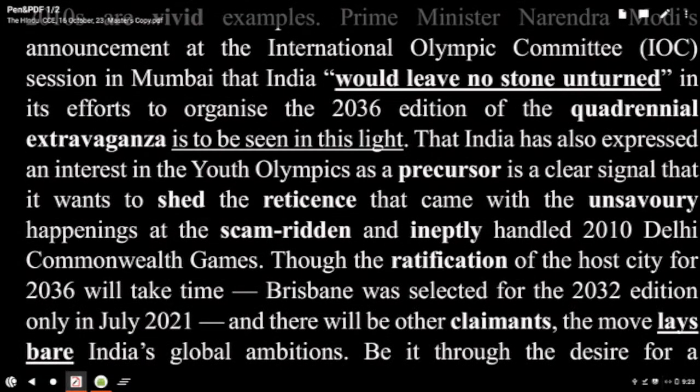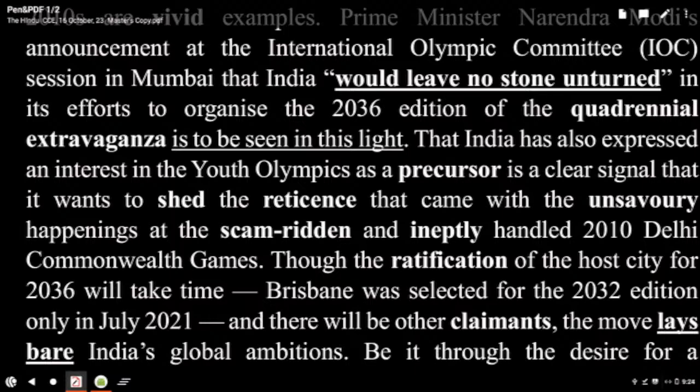That India has also expressed an interest in the Youth Olympics as a precursor. Generally what happens, we want to take on a big event. We try with a small event. Then we gain experience. We understand the difficulties. So the Youth Olympics on a smaller scale is a precursor to the Olympics on a larger scale. You can understand the idea behind. That India has also expressed, present perfect, an interest in the Youth Olympics as a precursor